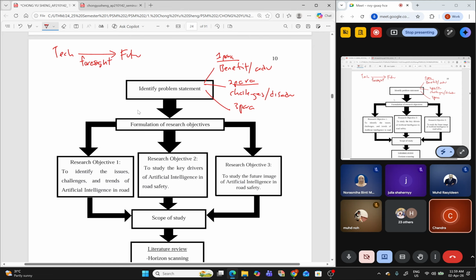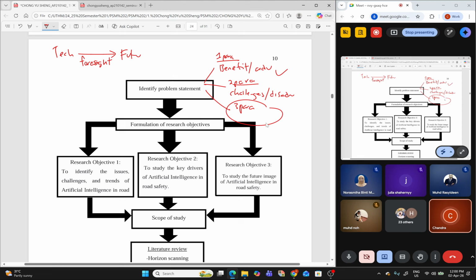That is the basic idea. So if you write only benefits, advantages, you can cakap tentang teknologi bagus, semua bagus. Tak perlu kita buat research, sebab dekat future you dah claim semua bagus kan, nanti dekat future pun ni bagus lah. Kalau you nak bagi tahu semua disadvantage, challenges, tak boleh pakai, tak guna juga kita buat research. So nanti you dah claim yang dia memang banyak susah nak guna, dekat future pun susah nak guna. So that's why we have to make a mix. There's a benefit, there's also challenges.